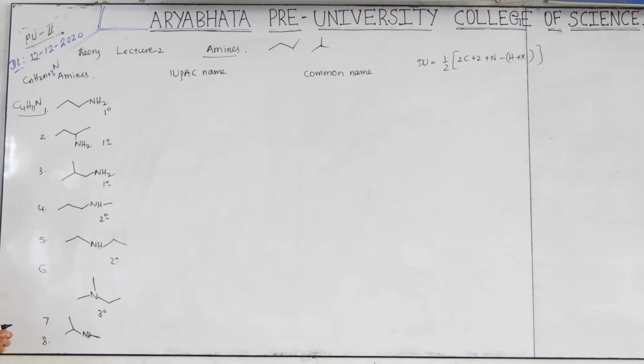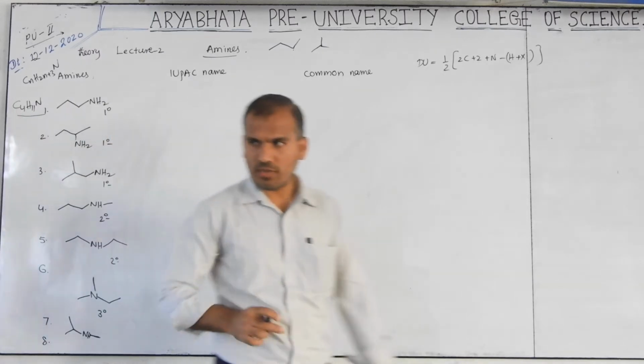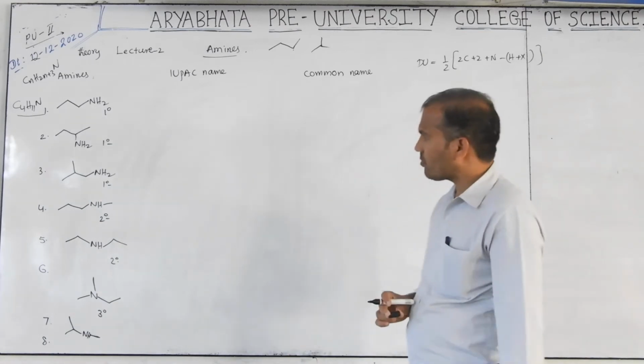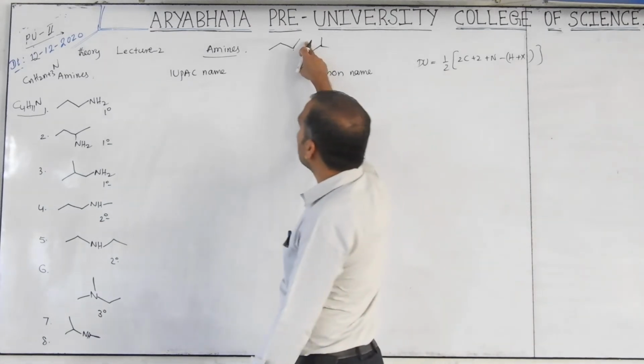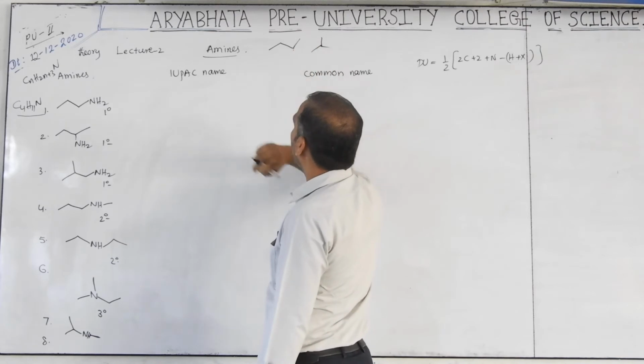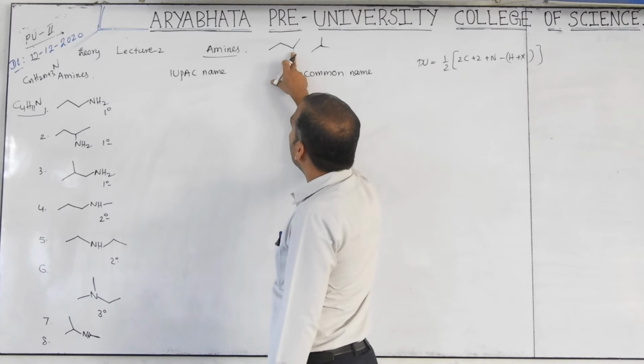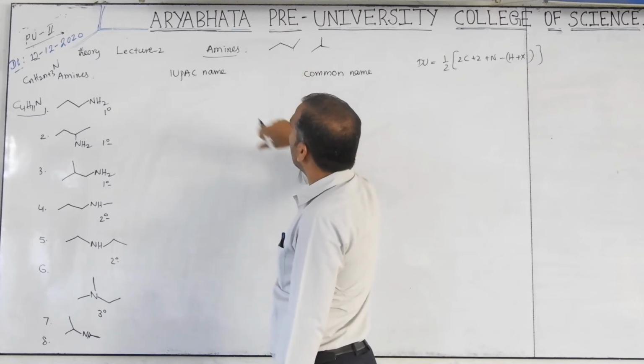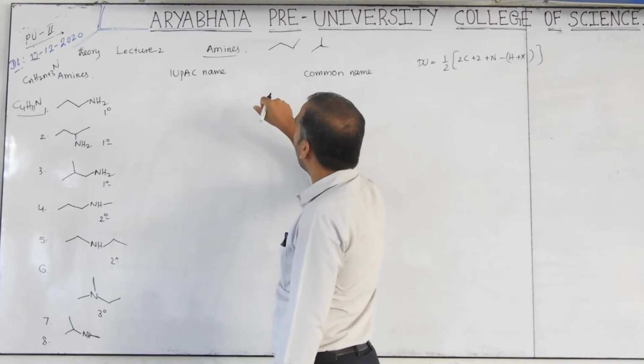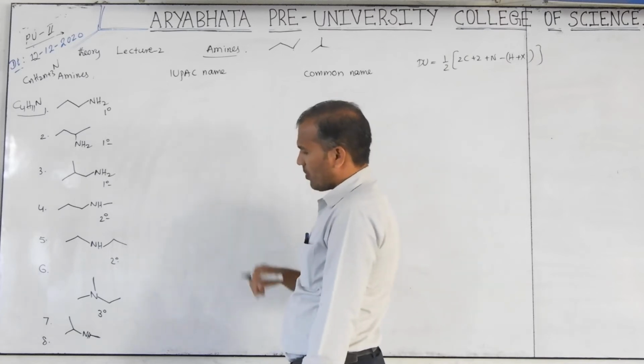You just check here. One is missing. You just check. A total of 8 should be possible. One here possible, one here possible. Okay, primary here one possible. Primary. Secondary, where possible? Here one. Same. Isopropyl also completed.